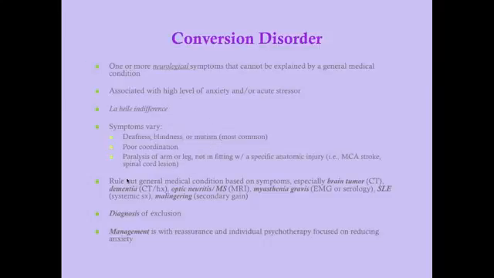So that brings me to what you need to do. To get to conversion disorder, you need to rule out general medical conditions, and you'll do this based on symptoms. Things you want to rule out include a brain tumor, where symptoms can come on suddenly; you can do that with a CT. Dementia, you can do with a CT and history. Optic neuritis and multiple sclerosis, you can get an MRI. Myasthenia gravis, you can get with EMG or serology. Lupus is going to have systemic symptoms. And then malingering, if there's any possibility of secondary gain, and usually you'll get that in your history.